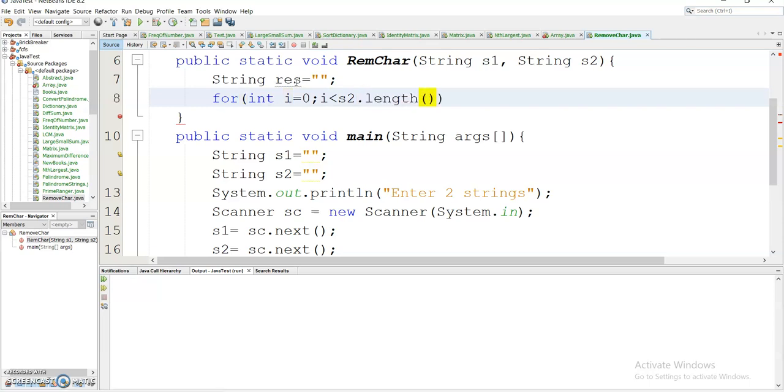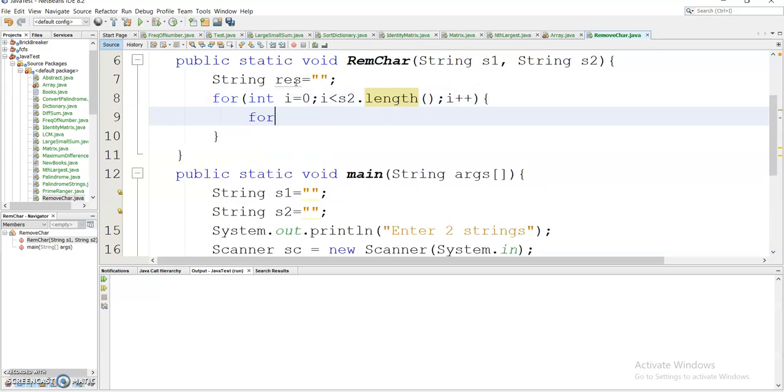The loop will run until the length of the string s2, that is the second string, in which we have to make the changes. Then in the inner loop I need to iterate through the string s1. So int j equals 0, j less than s1.length, and j plus plus.